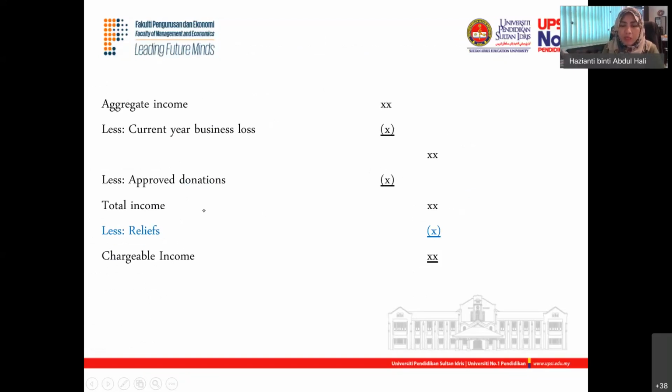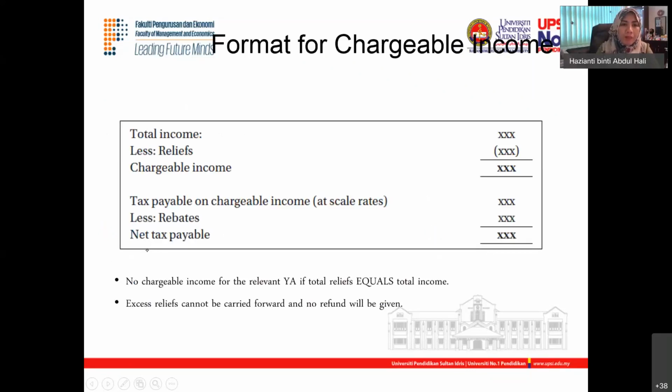So here once you get the total income, which means kita dah add from the different types of income tu, we've added everything, we have the total income, then kita akan tolak relief. After relief kita akan dapat chargeable income. So the tax will be charged based on chargeable income ni lah. Tax based on schedule, dia bukan fixed rate untuk individual, dia tak fixed. Untuk business, yes fixed. Okay, dah tolak relief, dapat chargeable income.